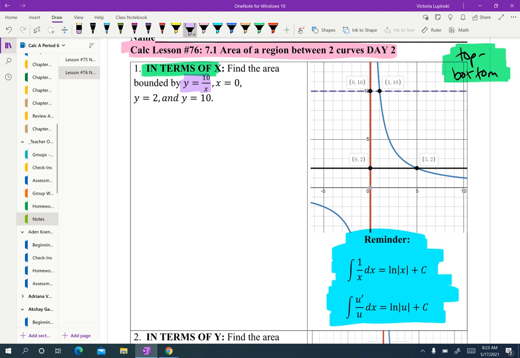When you're doing top minus bottom, the majority of the problems that you've seen and done so far have only had one top and one bottom. But as I mentioned yesterday, the top and the bottom can switch at some point in the interval, and that's exactly what happens here, leading to more work. So as you start doing top minus bottom, notice that between x equals 0 and x equals 1, your top is the dotted line and your bottom is the black line. Once you get to 1, however, your top is actually 10 over x,